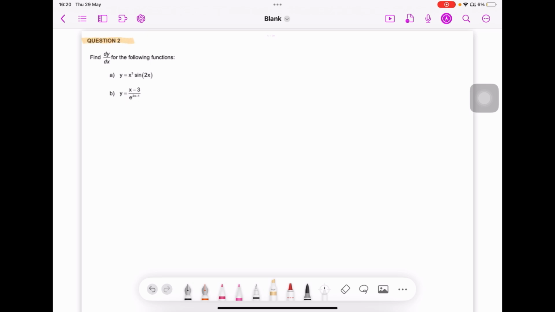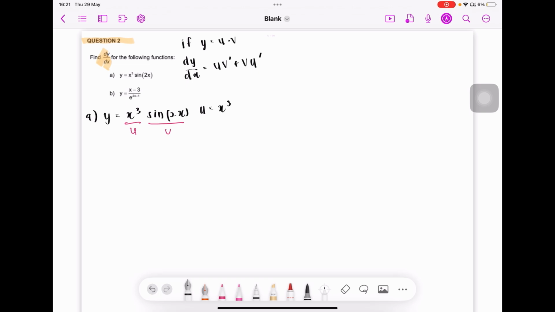We move to question 2. Let's look at part A. We are asked to differentiate the function y equals x power of 3 sin 2x. Since we have a function multiplying x power of 3 and sin 2x, we apply the product rule. According to the product rule, dy over dx equals u v prime plus v u prime. For the